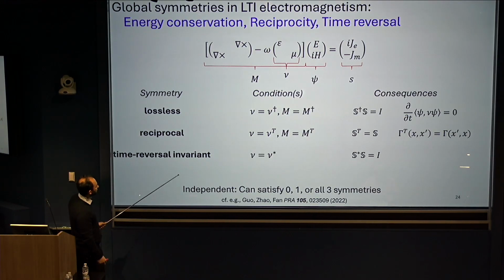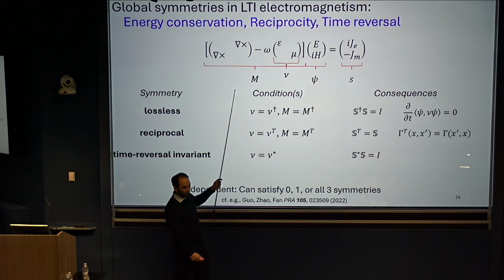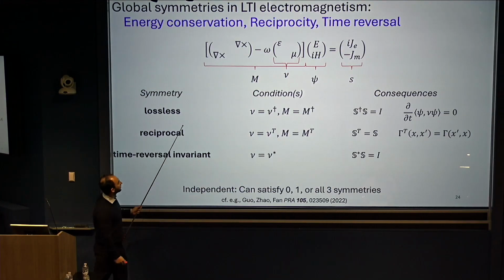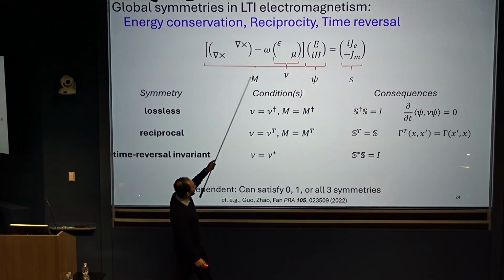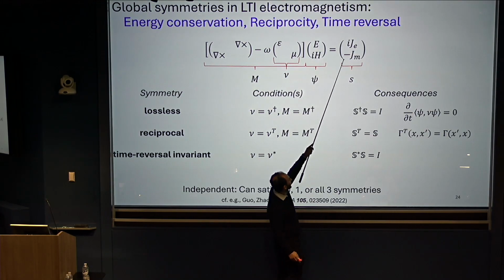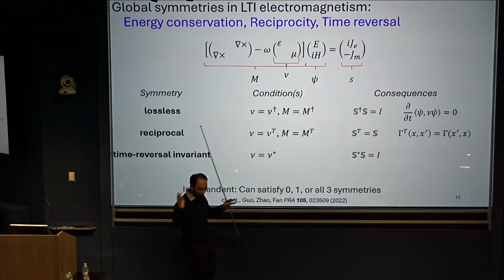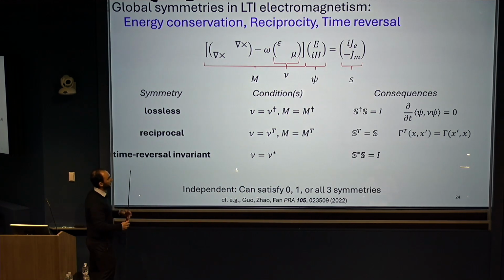I think the discussion of time reversal invariance is sometimes a little less clear than that for losslessness and reciprocity. The first thing you have to do in any of these scenarios is write down good notation. That's half the battle. So here's Maxwell's equations. If you create a 6-vector with E and iH, and then have epsilon mu here, and then for your current sources put an i in front of the electric currents and a negative sign in front of the magnetic currents, it gets rid of all the annoying negative ones in all of these various symmetry conditions.